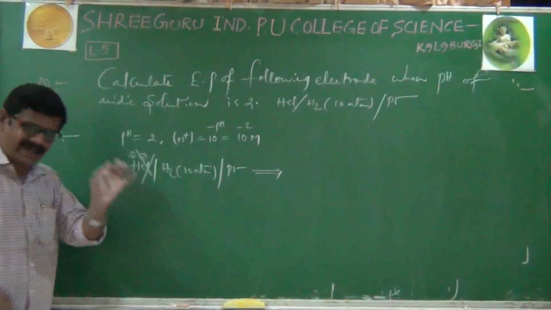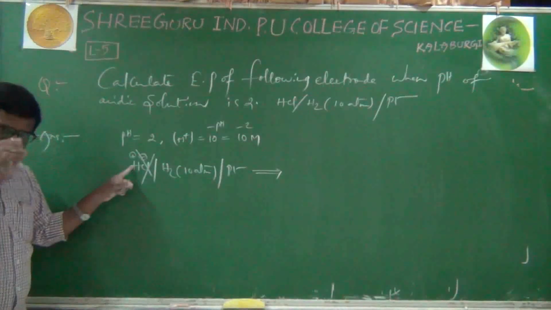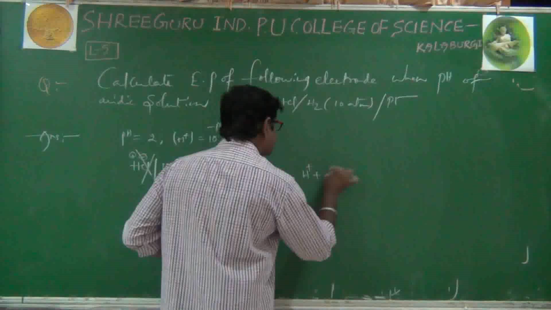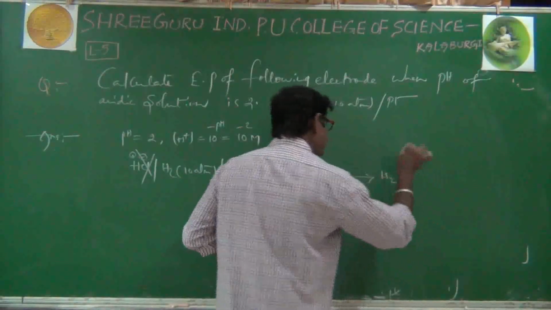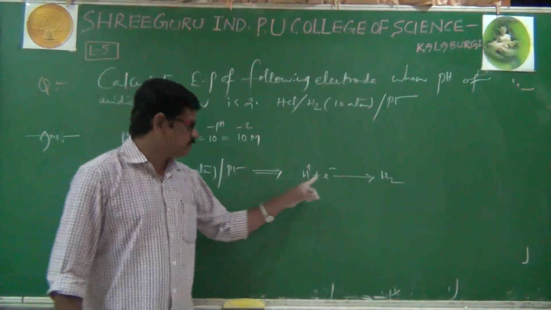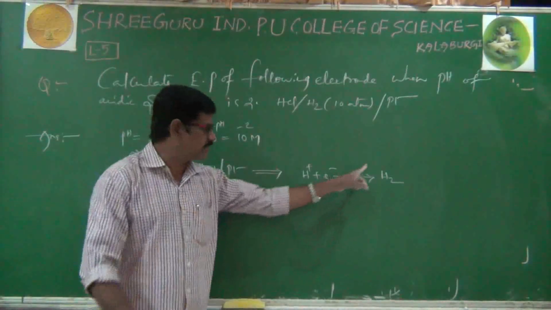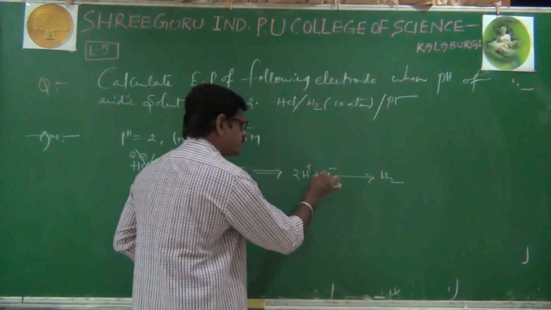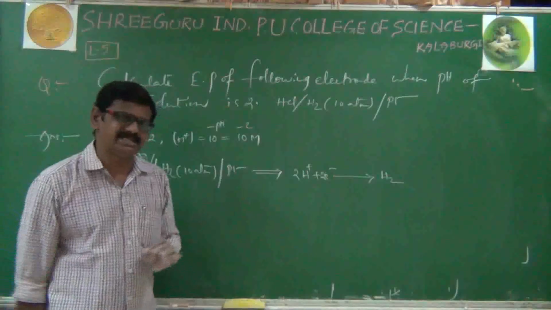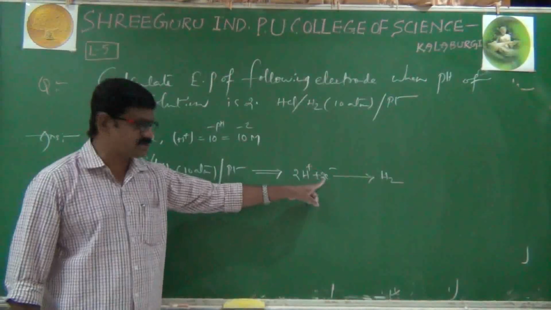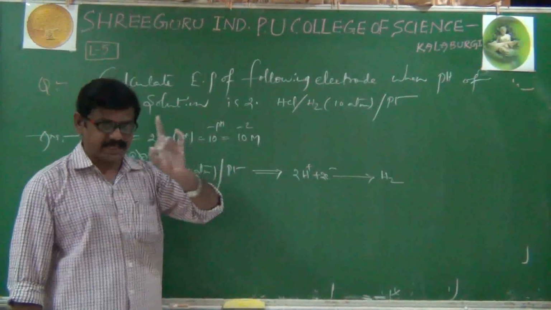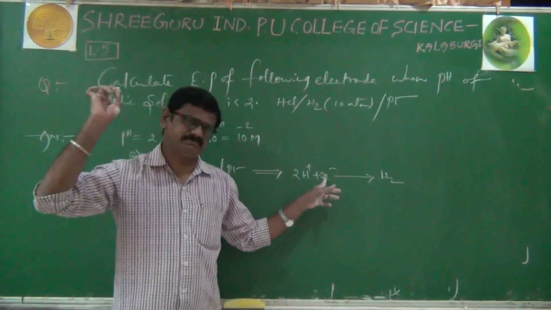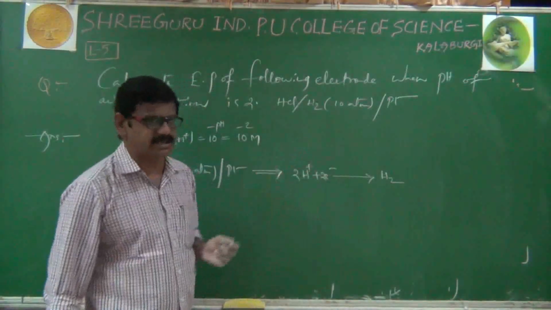It is a related reaction. I am giving H plus by taking electron converted to H2. Again here also, if you want, you can keep 1 mole electron, then we have to write here half mole. Or if you write here 2, here also we have to write 2. Then H2 will remain the same. Whatever the moles of electrons you take doesn't matter. You can take 1 mole electrons or 2 moles electrons, your answer will be the same. Okay, now we will take 2 moles electrons.